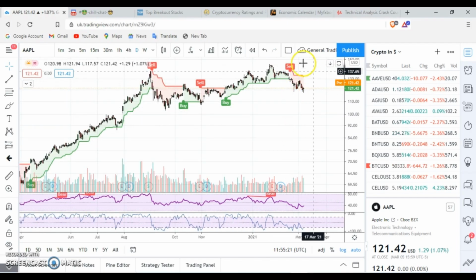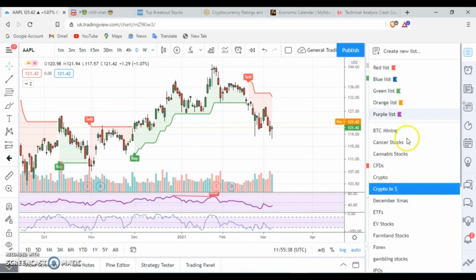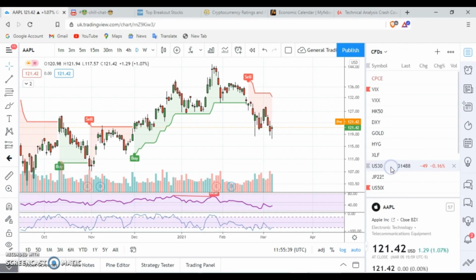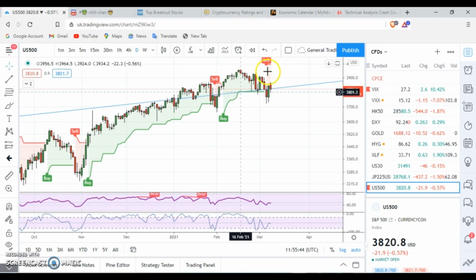So this is just purely a healthy market pullback correction because the US 500, the US indices are super overbought. I think RSI was 75, and everything corrects when the US index corrects, right? Because that's how technical analysis works. I'll just show you the US 500. If you actually go to the CFDs, I'll show you the US 500. See, everything corrects when your